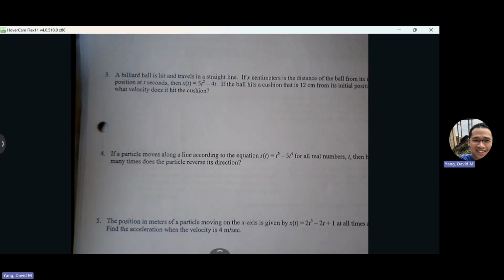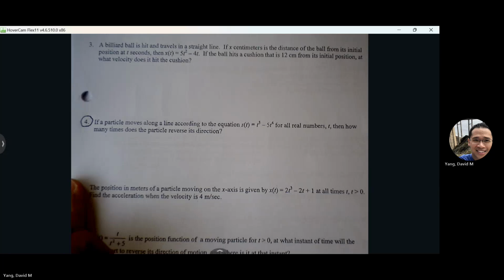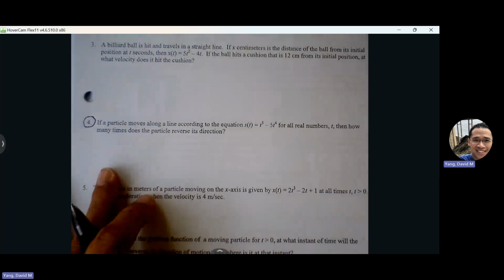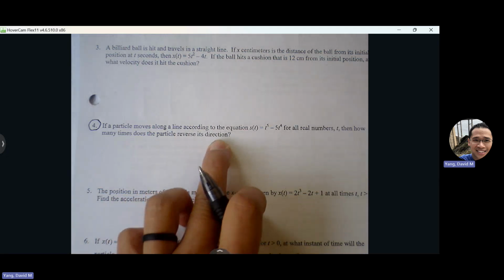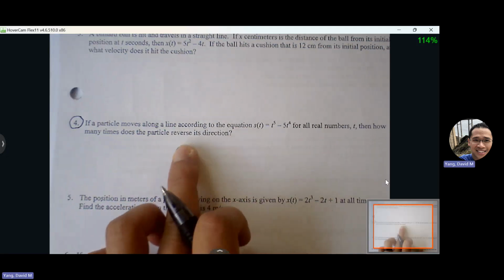Let's look at number 4 here. Number 4 says, if a particle moves along a line according to the equation s(t) equals t to the 5th minus 5t to the 4th for all real numbers, then how many times does the particle reverse its direction? So what we first need to find is